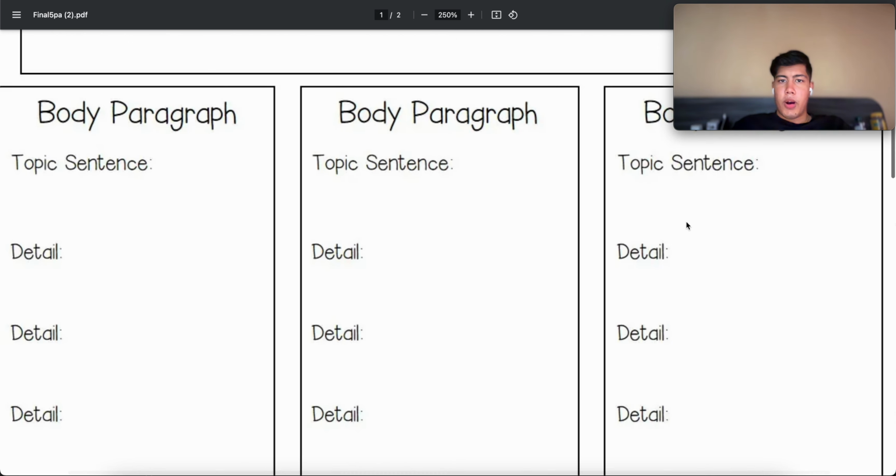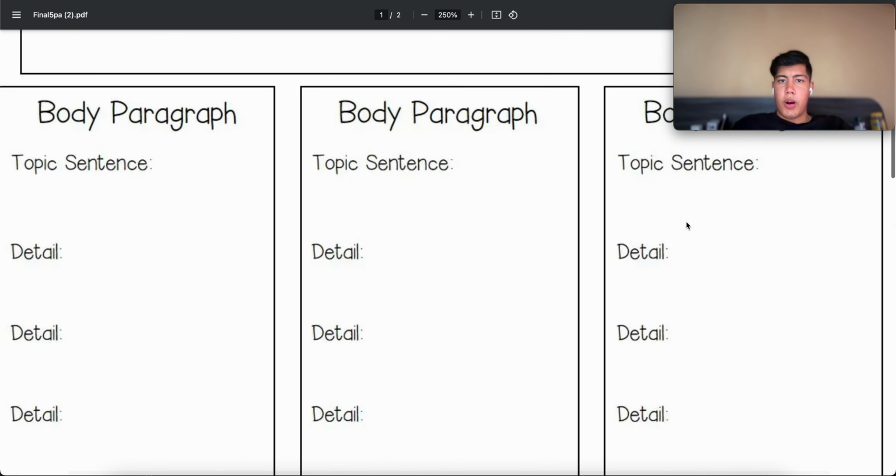Now, if you don't have space here for when you're doing this at home, you can do it in your copy as well. So for your copy, I want you to label introduction, and then write your hook sentence, write your thesis sentence, and label body paragraph one. Then do that if you don't have space here. If you think you can fit 5 sentences in this little box, then go for it. But I don't think you guys are going to be able to, so I'd prefer you guys to do this in your copy. So let's look at how a body paragraph should look.